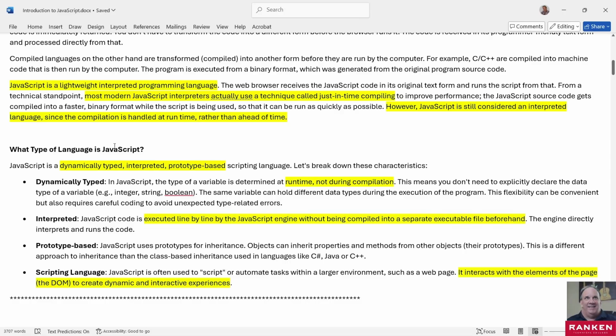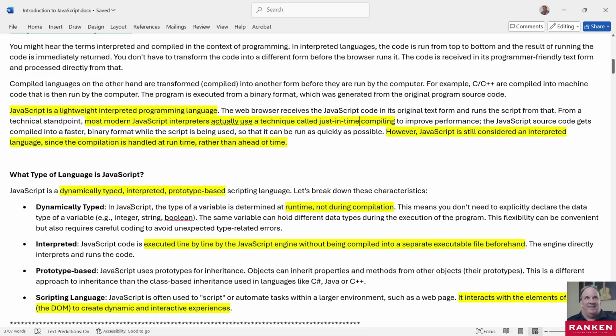So what type of language is JavaScript? JavaScript is a dynamically typed, interpreted, and prototype-based scripting language, okay? Dynamically typed means in JavaScript, the type of a variable is determined at runtime, okay? Not during compilation. That means you don't need to explicitly declare the data type of a variable. So what that means is, let's just say in JavaScript,